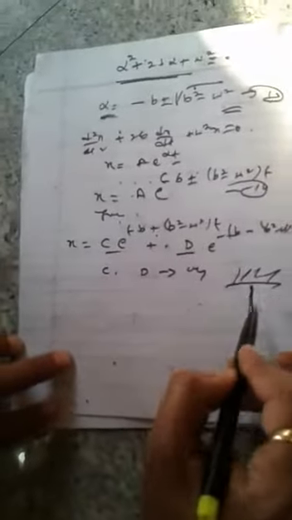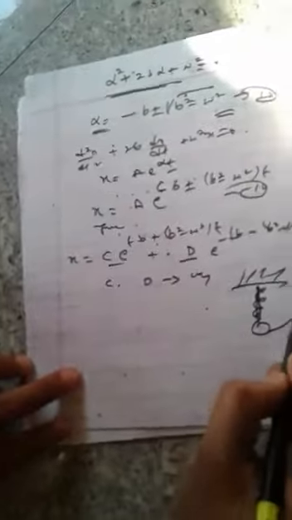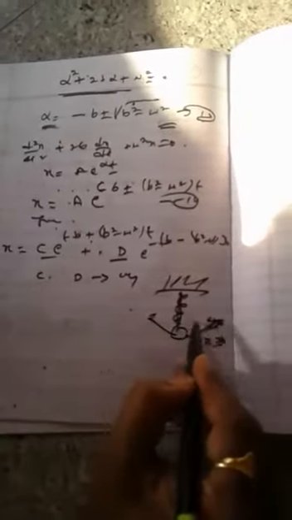So let the time be counted from the maximum displacement. For example, this is the support, this is the spring, and this is a load. This is the displacement, the maximum displacement. Suppose the time is counted from the maximum displacement, the position for which the displacement here is equal to 0, x is equal to 0. Then x is equal to 0 when it starts to come down, that is t is equal to 0.